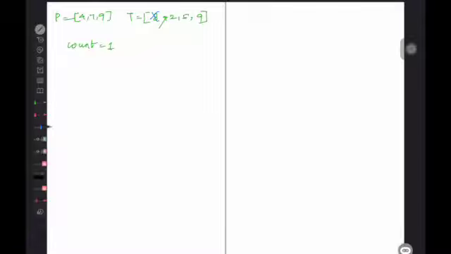Next, for the next player, we traverse through the remaining array. Will 2 match? No. Will 5 match? No. But 9 will match, right? So we take this and update the count to 2.